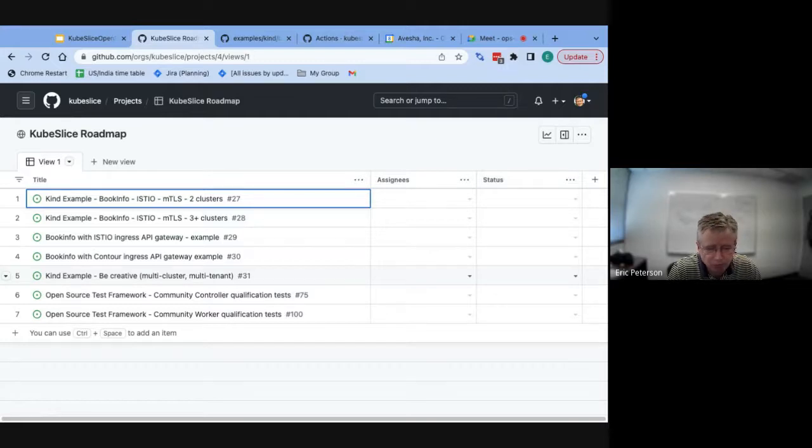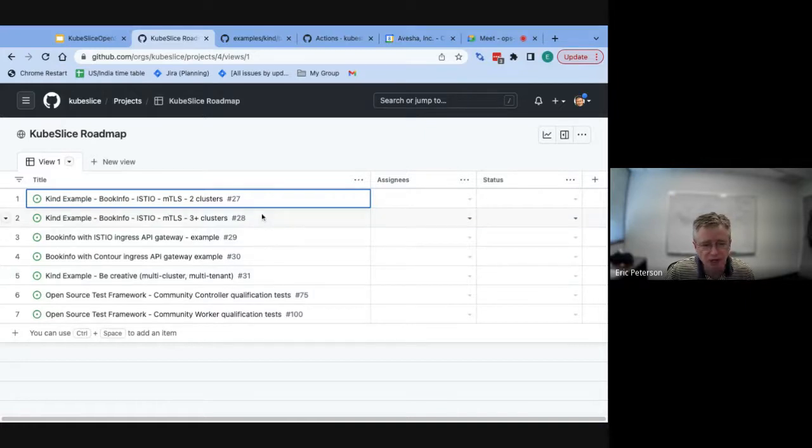We're phrasing this all in terms of kind, just because that's an easy way for you to do this with few resources. But again, KubeSlice runs in any Kubernetes environment. So we can interconnect the clouds, Amazon, Google, Azure, IBM, Oracle, others, all the way down to edge sites or private data centers.